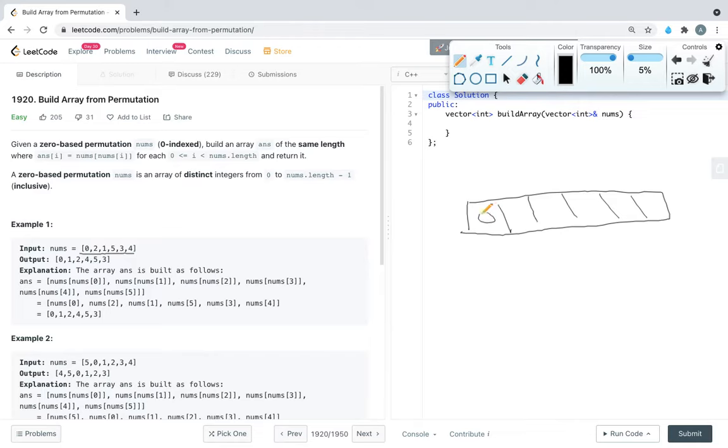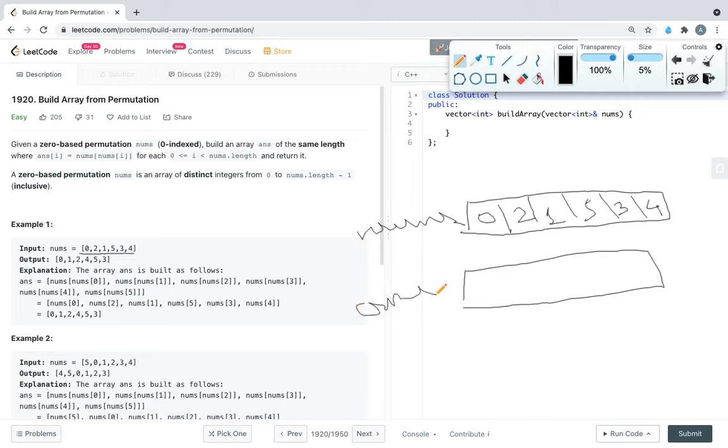This is nums, and we have to form one new array, answer, which is newly formed and of the same length, and the number of elements is 6. So we are putting all 6 elements. We have to fill the answer according to this logic.